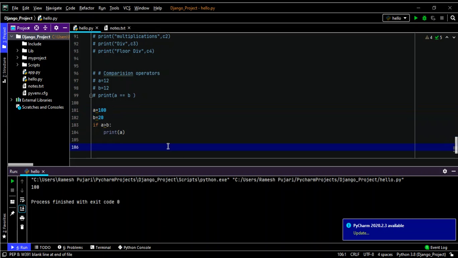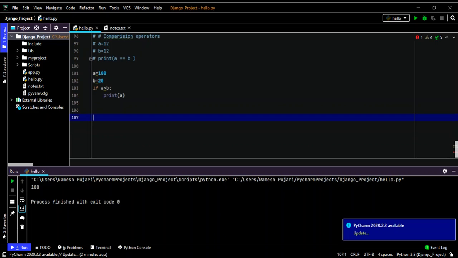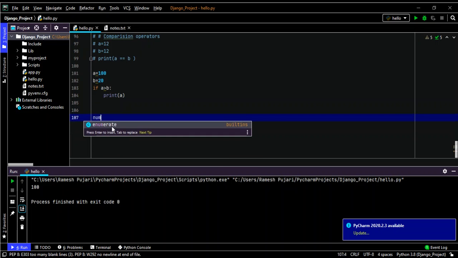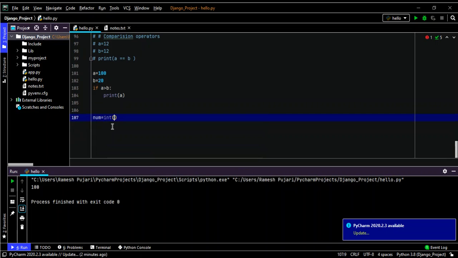I will give one more example for the if statement. Now I will ask the user to enter a number, so I will take the input from the user. num is equal to int of input.